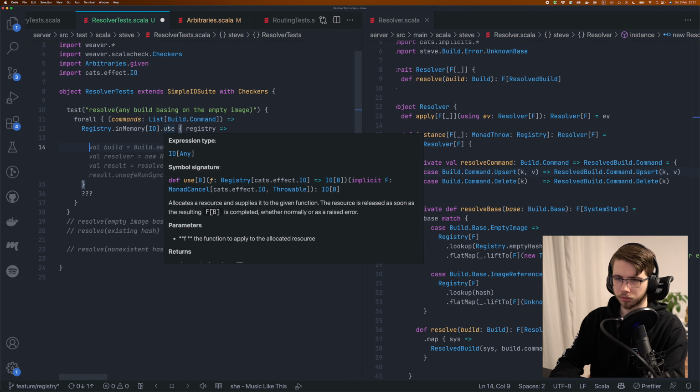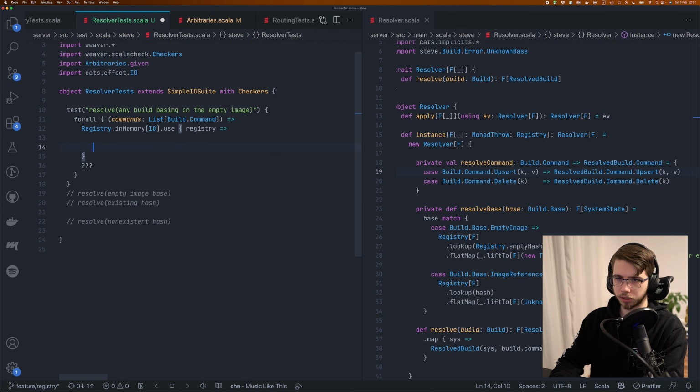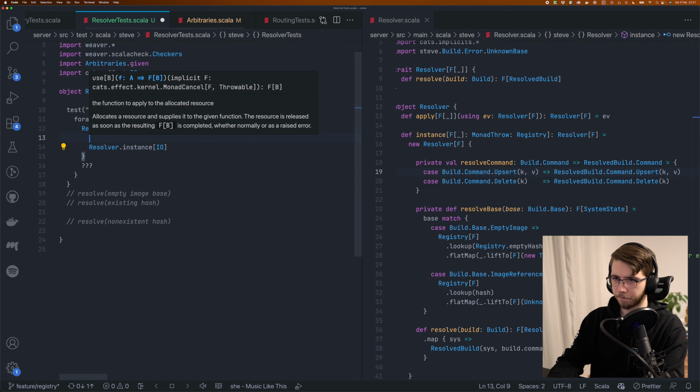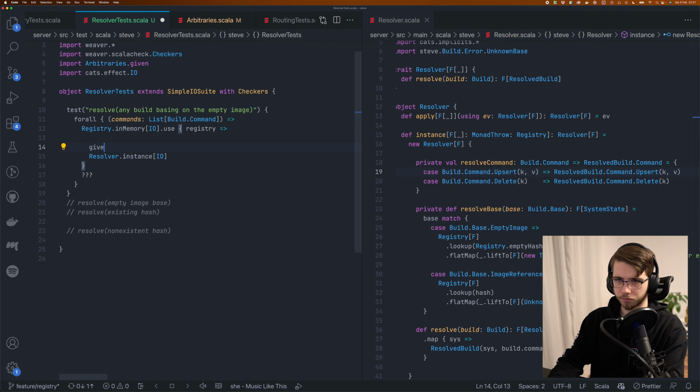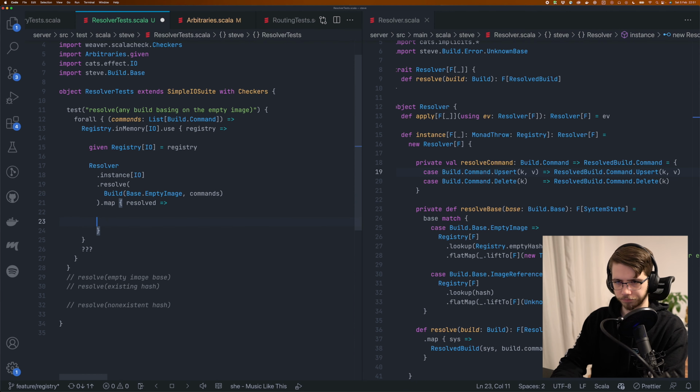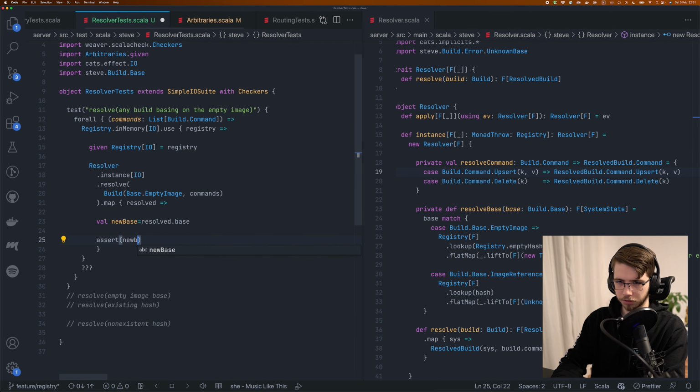Now I will need the resolver instance. And with this, we're gonna resolve build, and the base will be empty image, but the commands will be the generated commands. And I want this. So the new base has to be